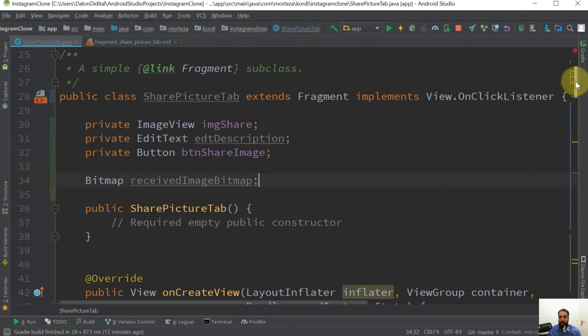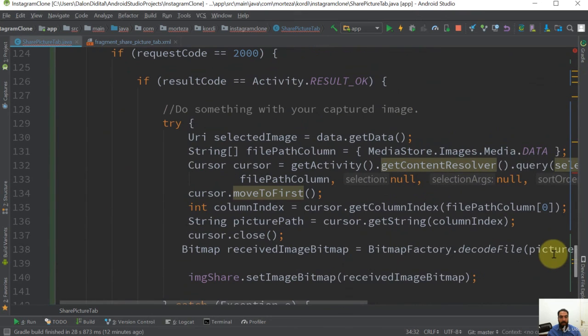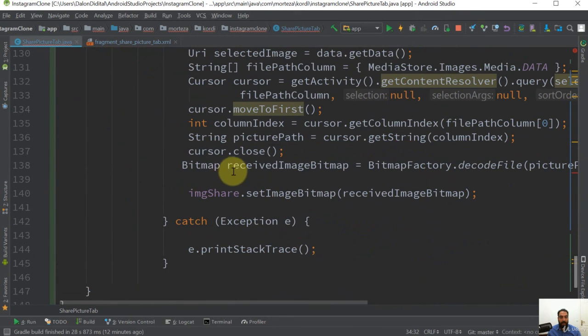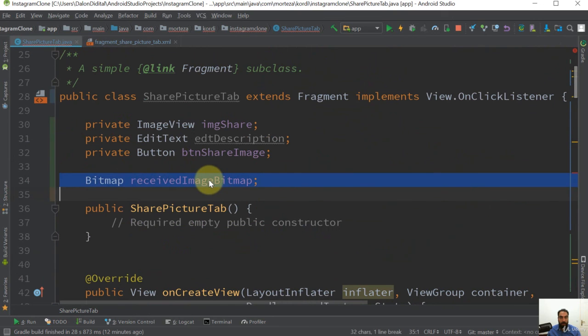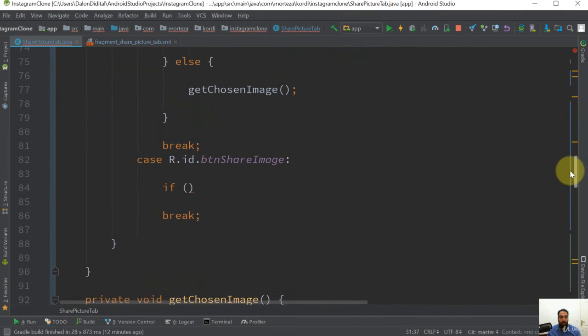And then inside this onActivityResult, we can allow this variable to refer to our instance variable. We don't have a local variable anymore. This received image bitmap variable is now referring to the variable that we have here. Okay, now that we have this variable as an instance variable, we can go to this if statement